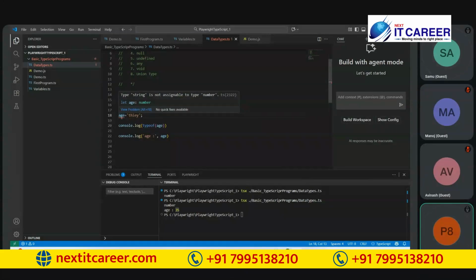Yes, we can reassign with the let keyword, but here it is showing an error because the type of the age variable is number, and a string is not assignable to a variable of type number, because we already defined the number data type in our TypeScript file. Is it clear? Yes. So this is the way we get compile time errors when we use data types in variables in TypeScript.